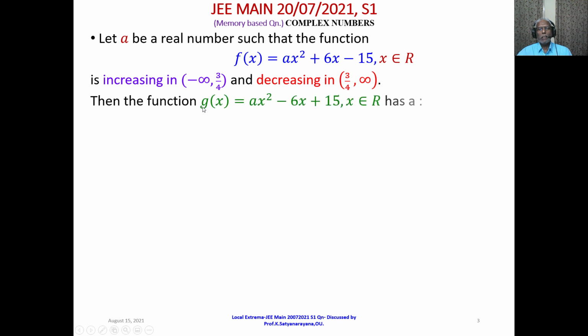Then the function g of x is equal to ax square minus 6x plus 15 has a, the options are